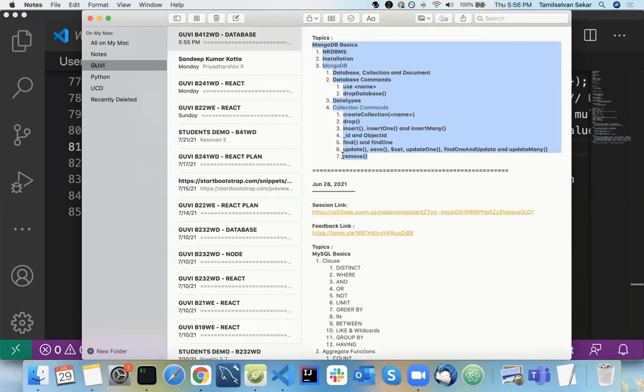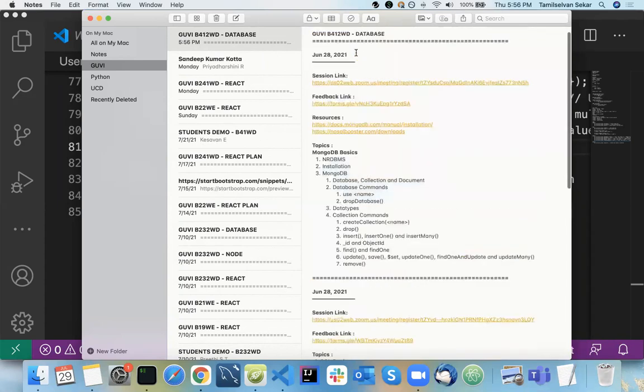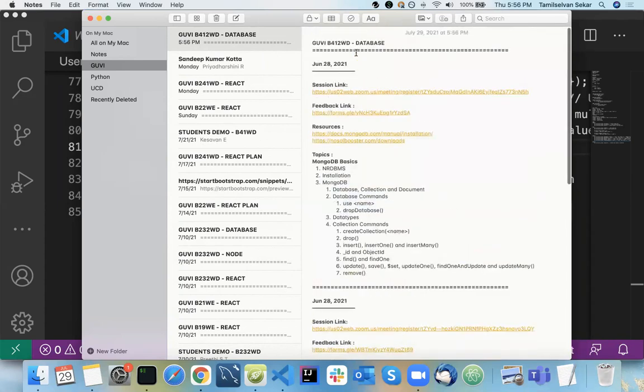Can everyone confirm? Yeah, so please try out these commands. These will be the commands that we use in our node application. We need to know create collection and, at the collection level, at least the CRUD operations, insert one and insert many. You might need this, so please practice them. Use the same data that we have here.